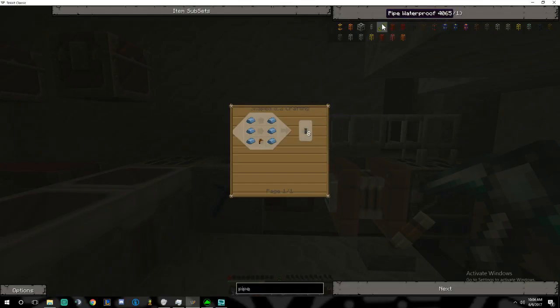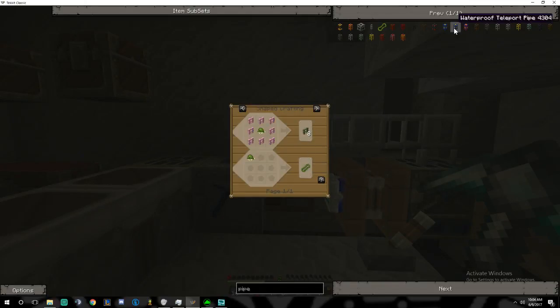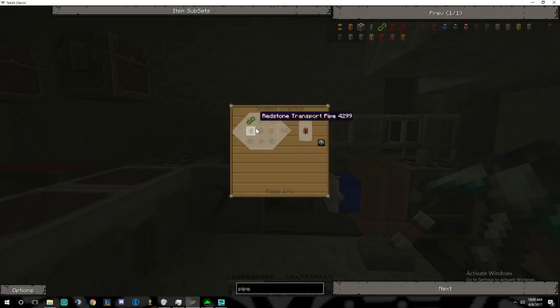So this is waterproof, and all you do is you take cactus green by smelting cactus, and then you can make pipe waterproof. Then you have waterproof redstone pipe. Now, I don't believe I remember what a redstone pipe does. I'm so bad. Oh, I'm terrible. Okay, well,